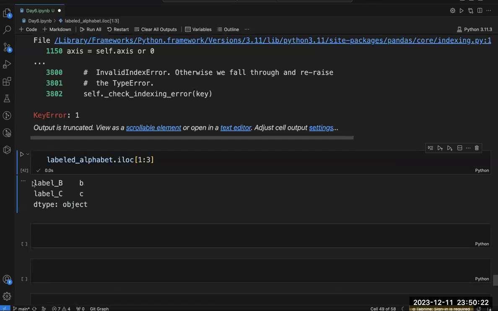Because this is my first position, this is my second position, and here it is in the form of slicing. Integer value is there in the form of slicing, and we know the last integer is not included. 3 is not included. That's why I am getting till 2 only. That means I am getting 1, 2.